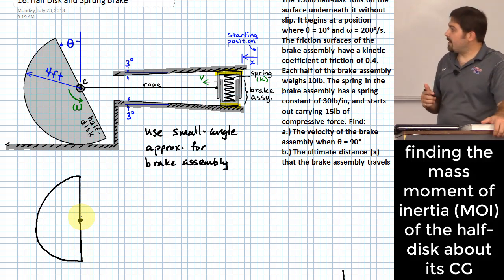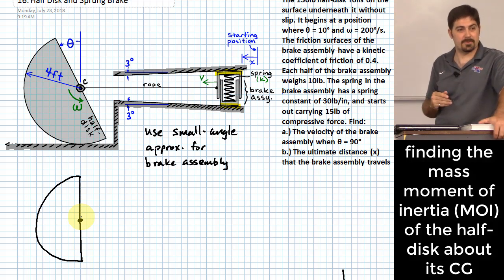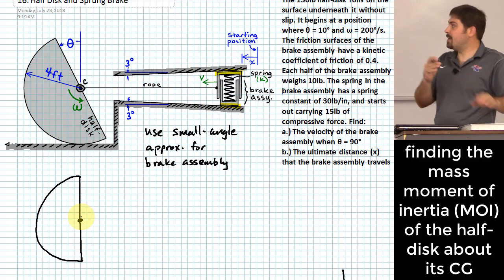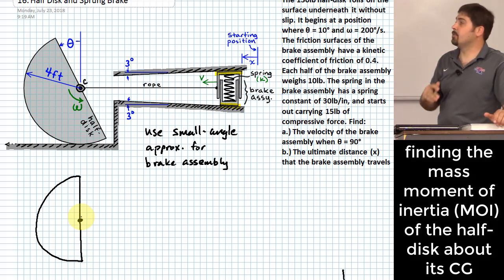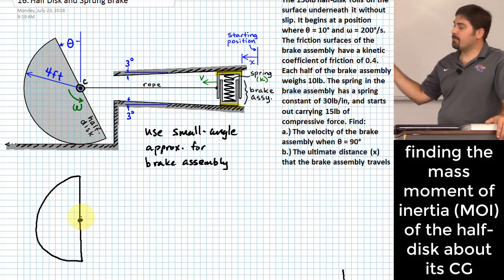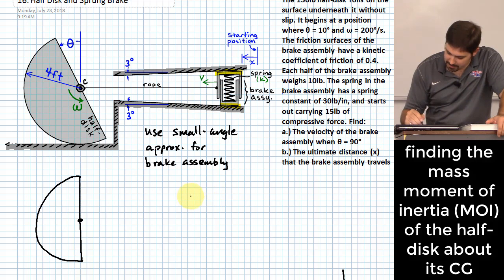The reason why is that the point of contact on this half disc is constantly moving, right? The point of contact at any moment is going to be the instantaneous center of rotation. It's moving, and it's going to be in a different location on the disc as the thing moves. So what that leaves us with is that we probably want to steer away from doing it that way, and steer into doing it with this expression that basically gives us kinetic energy